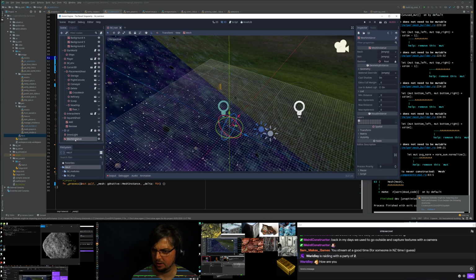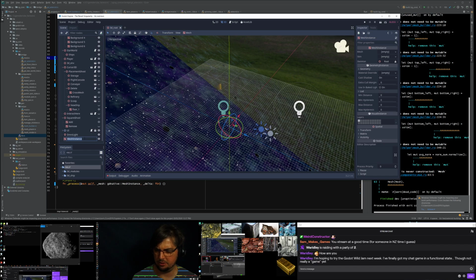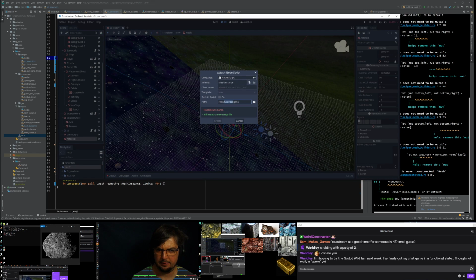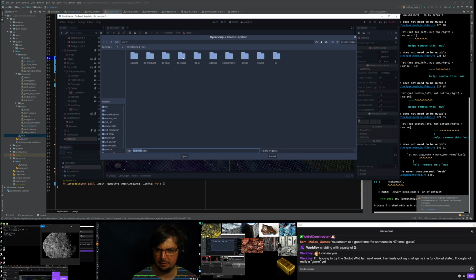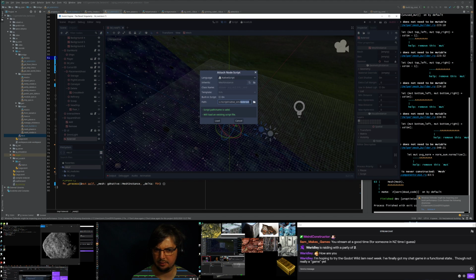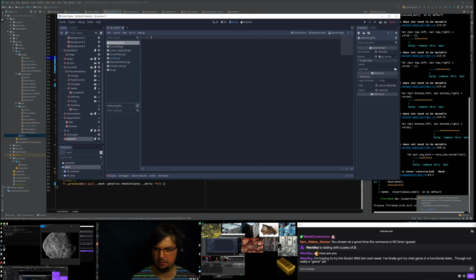The reason why is because it's no longer a tool script. It's called asteroid, and we're going to add a script to it. It's a native script, inherits from a mesh instance, uses asteroid.gdns, but that's not the right one. It needs to be, where are we? Script, native script, and asteroid.gdns file. This looks good. Load. Okay, and so now if I run the game,